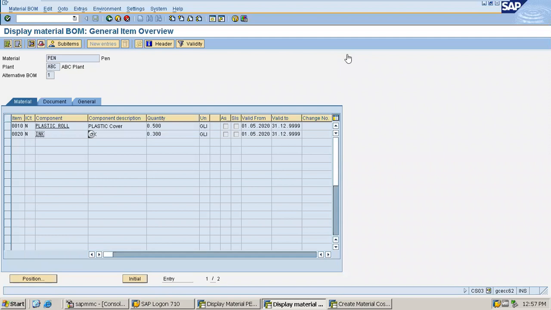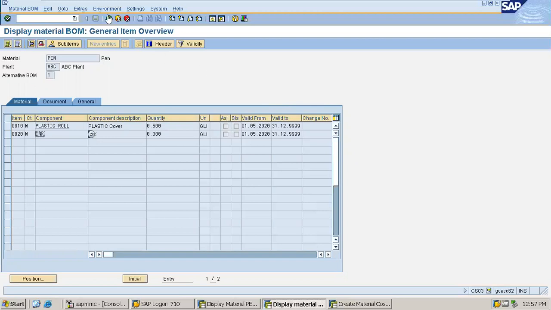Today in this video I'll cover the costing of a material, costing with quantity structure, and that is a very important lesson as it is a real-time scenario as well as a very important question being asked in any interview. This is a basic of product costing. In my earlier video I have uploaded the configuration of product costing, and this is the implementation, means this is the end user part, means how to cost a material.